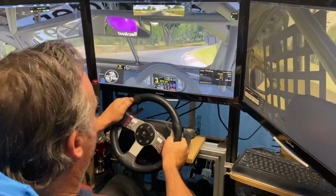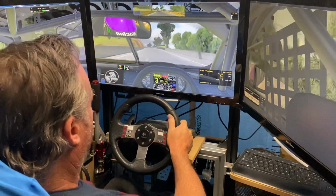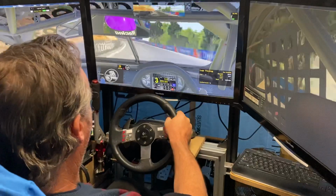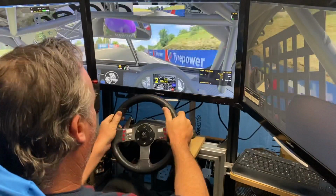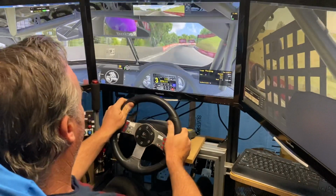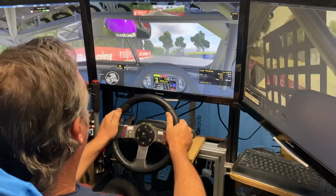I'm going to stay tucked in there because of the sort of channel in the road, that if you miss it, it tends to want to send you out into that left wall there. Now, this is my trouble corner. I'm just not getting the speed out of here that I want. Sector 1 is 0.2 slower than your best. Oh, it's not too bad, but